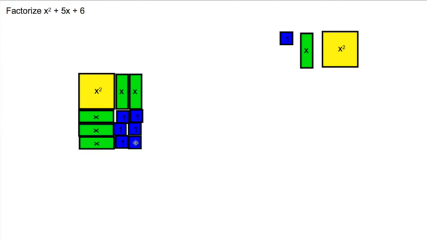So what you can see is that I've gone ahead and made a rectangle out of my tiles. That's really the only way I can move things around other than putting the 3 up on top and the 2 on the bottom in order to get a rectangle. Now let me make a little line over here and a little line over here. Now I'm going to go ahead and factor x squared plus 5x plus 6 with these tiles, and I can see, well, in order to get x squared, I need to have x times x,